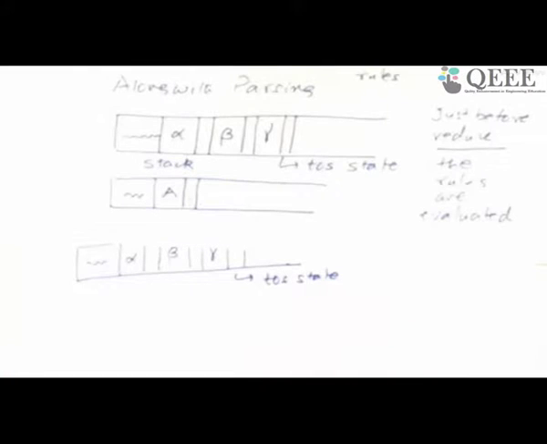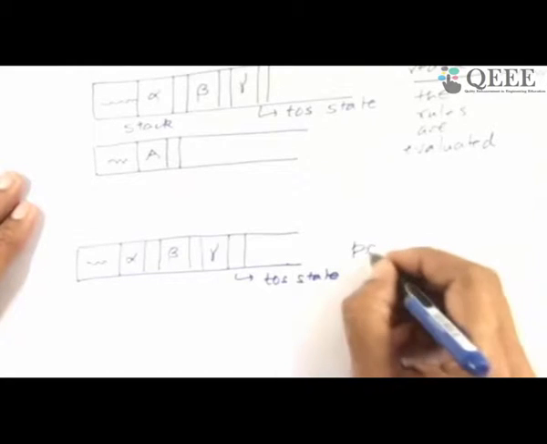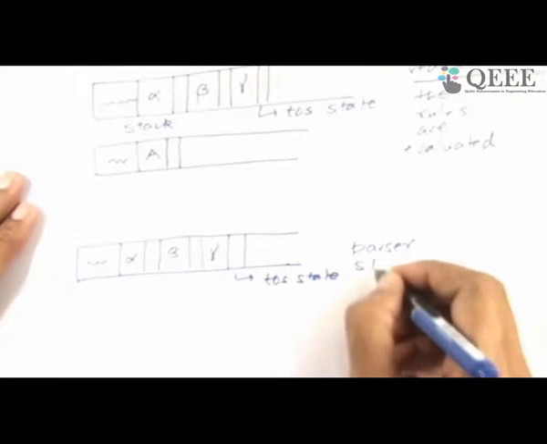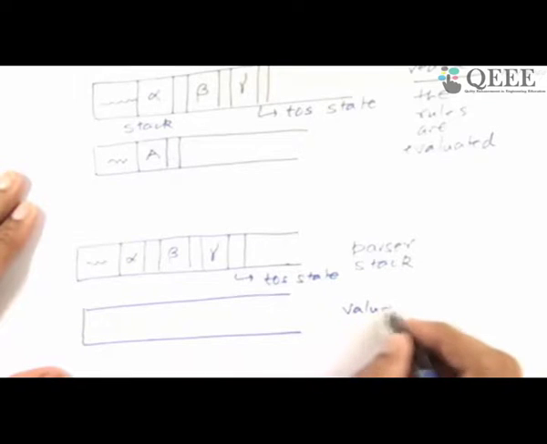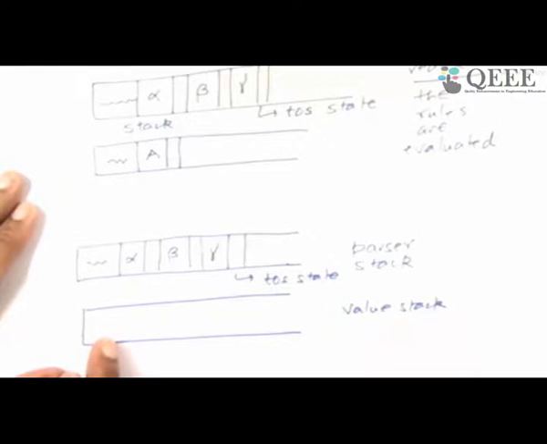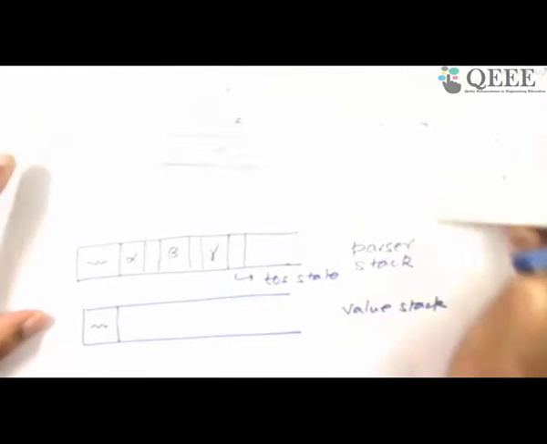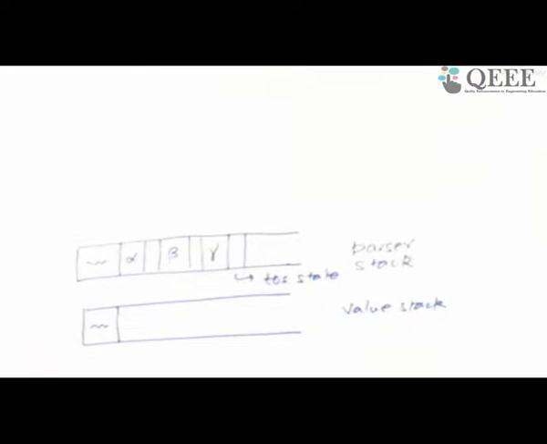What is done in translation scheme, and that is central to semantic analysis, is that along with the parser stack, minus some details, it maintains a shadow stack which is called a value stack. This is not taught in parsing because it is not required for parsing. In the value stack, you have exactly the same entries as there were in the parser stack. The only difference is that these don't have the grammar symbols, but they actually have some attributes.